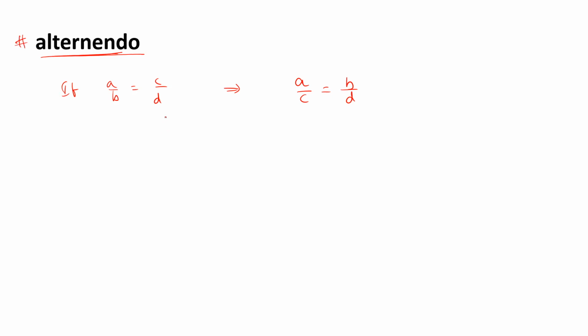If you need to check an example, take the ratio 1:2 is equal to 2:4. When we write according to the alternando property, that means 1 upon 2 is equal to 2 upon 4. 2 upon 4 is nothing but 1 by 2. According to the alternando property, we got the same result as 1 by 2 or 2 by 4. Okay, this is called alternando property.